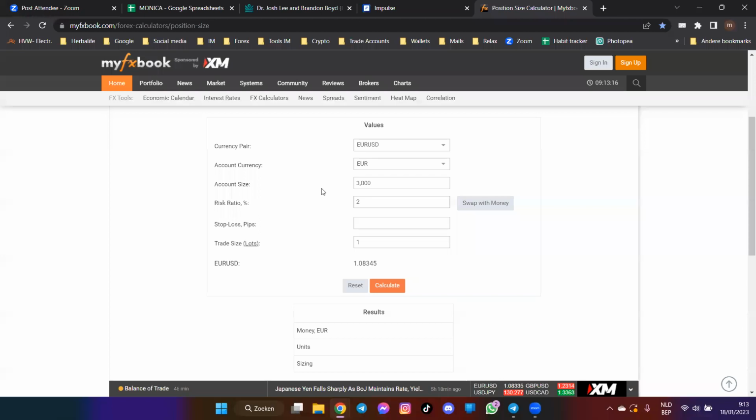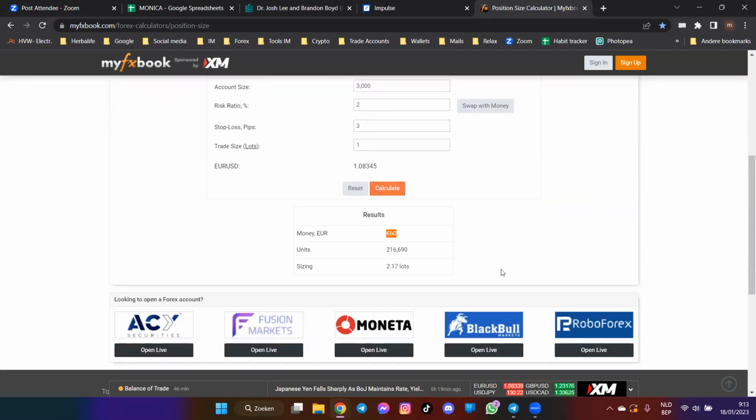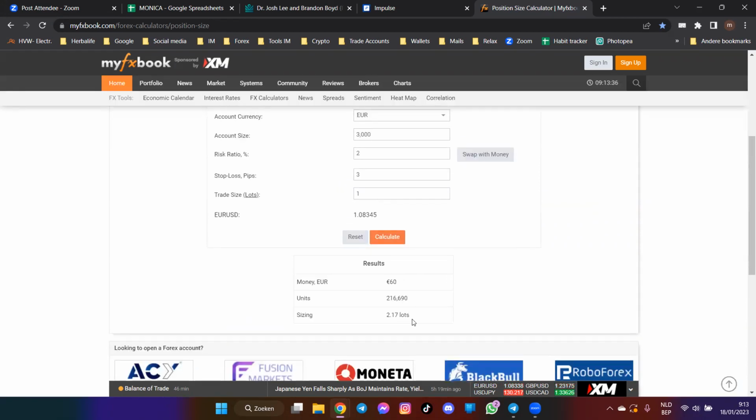And there's a special thing that I do. So you see on the photo, I calculate 2 pips till 10 pips. But with 2 pips, I write here 3. I calculate it, I see how much I'm gonna risk, and I see my lot size. So the lot size I calculated for my 2 pip stop loss, it's actually calculated at a 3 pip stop loss. And I use this lot size to write after 2 pips.